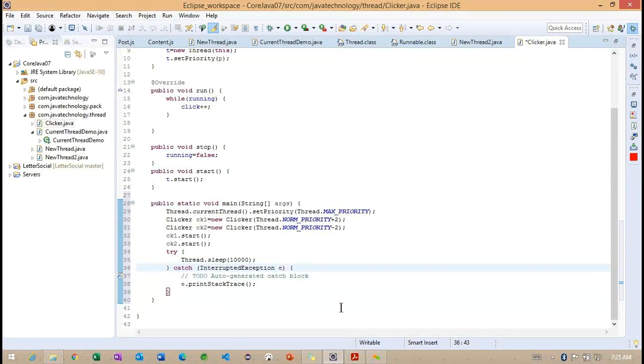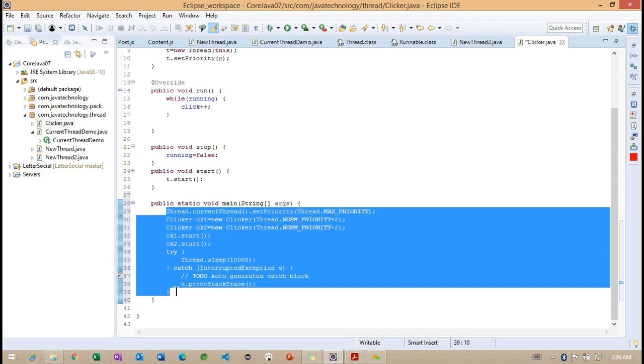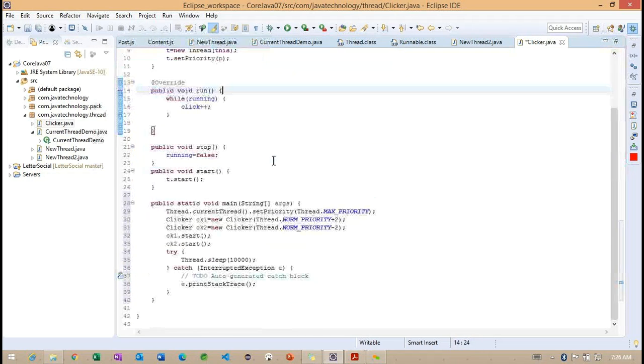And after this, here is one more important point. Carefully observe which thread is going to stop. Which thread is going to stop here? Whichever thread calls this particular line of code is the thread that stops. Here the main thread is going to stop, because we are implementing this logic inside the main method, and the child thread works only up to these lines of code. It is not going to come into the main method. Getting the point? That is the difference between the child thread and the main thread here.